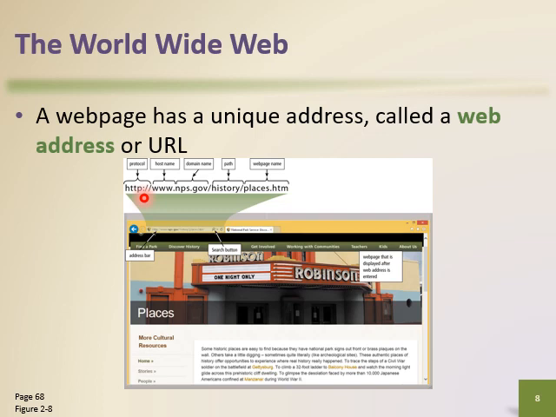The text between the protocol and the domain name is known as the host name. It will identify the type of internet server or the name of the web server. So this www indicates it is a web server. Rest I have already told you. NPS is the domain name. .gov is the top level domain, and if it was written .pk, that means it was a country code top level domain. Then history slash places, अगर कुछ और भी होता तो that makes up